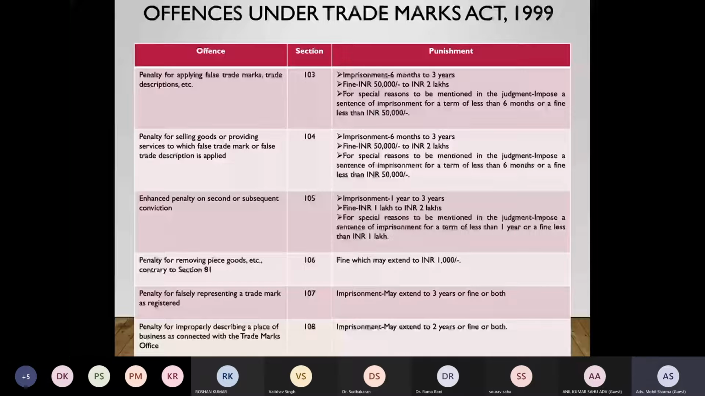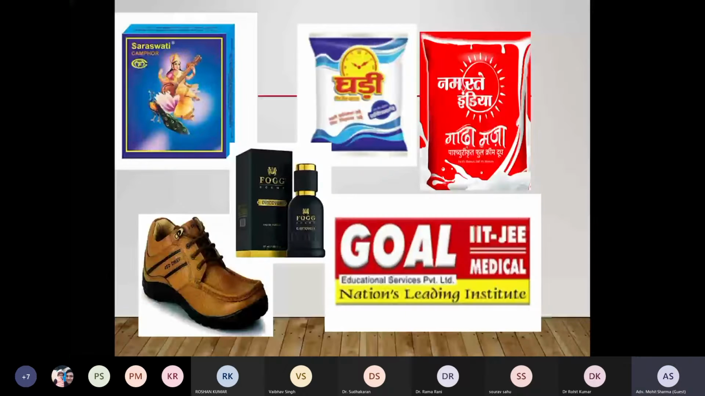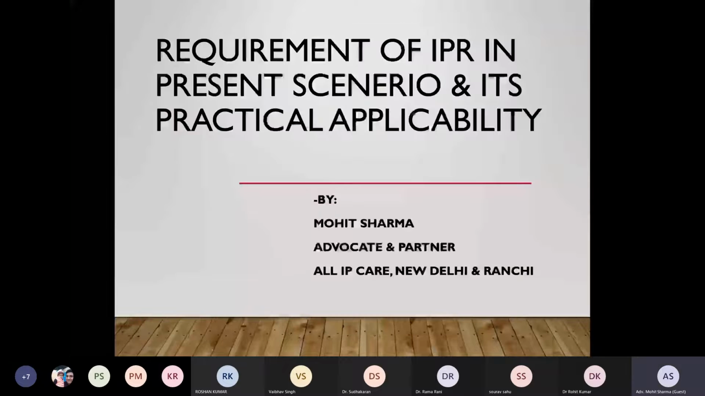Now we have to directly come to our core topic, that is the requirement of IPR in the present scenario. आज के समय में IPR की रिक्वायरमेंट क्यों है? जैसा कि आप लोग सब समझते हैं कि आज के टाइम में अगर किसी को भी अपने प्रोडक्ट को पॉपुलर करना हो या इस ग्लोबलाइजेशन में अपनी सेल को इंक्रीज करना हो